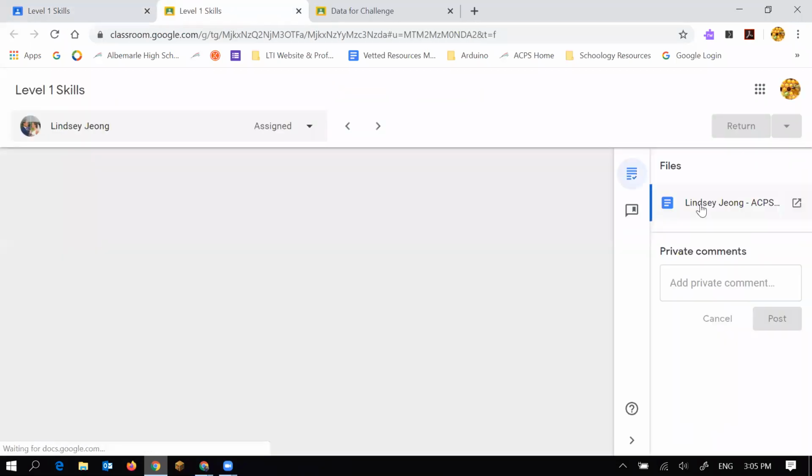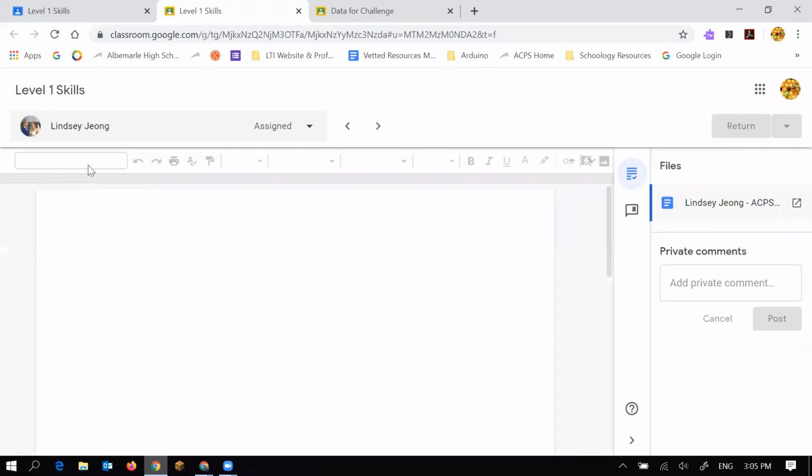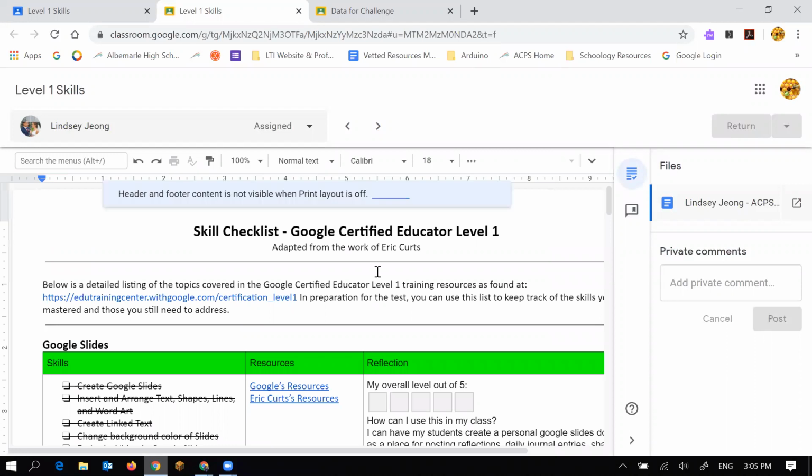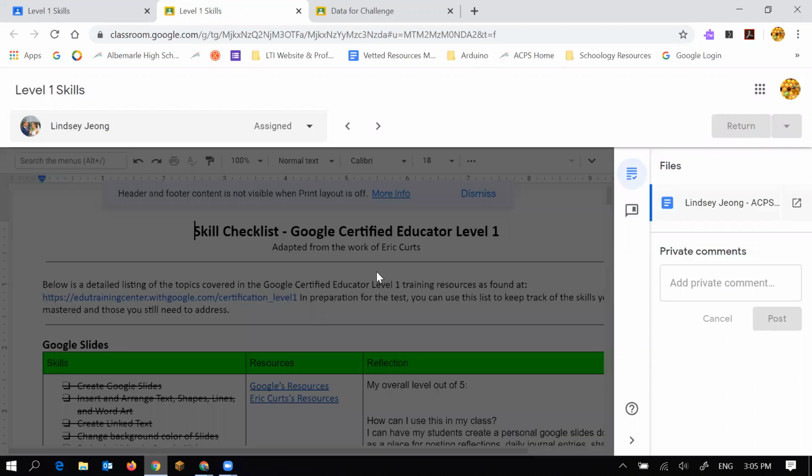And in here, it's loading, right? Tells me that it's Lindsay in the top left-hand corner. I see her work. I can do this in real time. I don't need to wait until she submits. I can give feedback at any point, which is a really big benefit compared to,